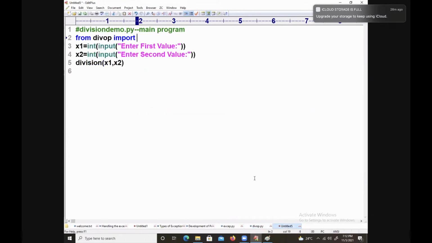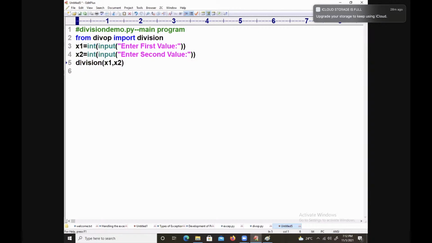I must go for it. X1 and X2 values are there. Division of X1 comma X2. X1 this one, X2 this one, and a division of X1 comma X2.